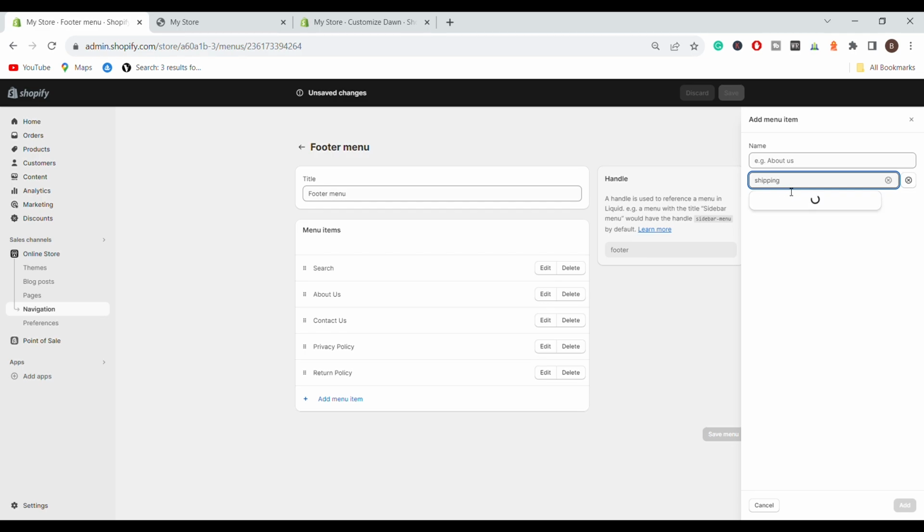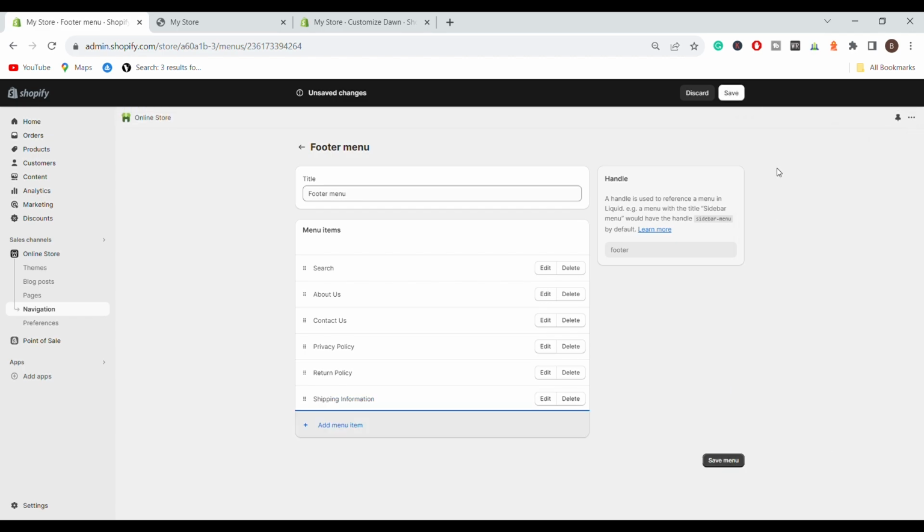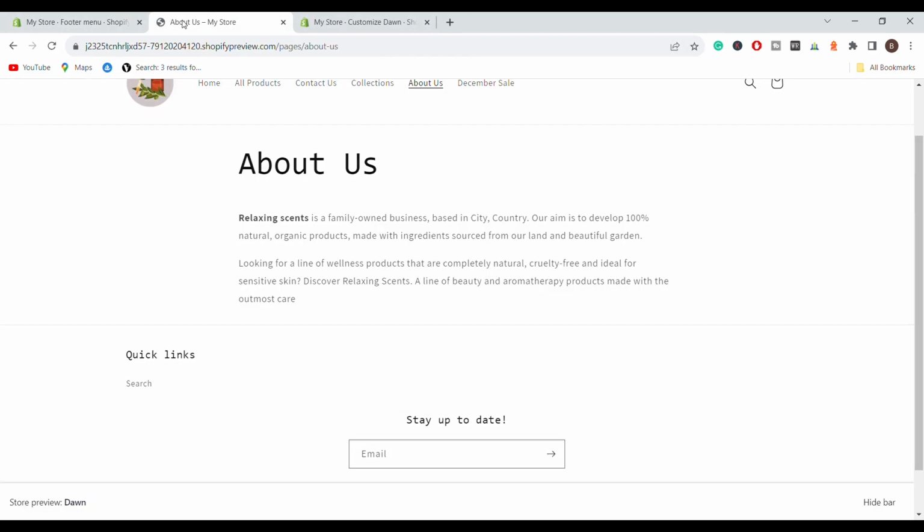Once again, I'm going to search here for shipping policy. And instead of policy, I'm going to write information. I'm going to add that as well. And once everything is done, make sure to click on save. So the menu now is saved, and all of these pages should now be visible on your footer. And now when I go to my website,